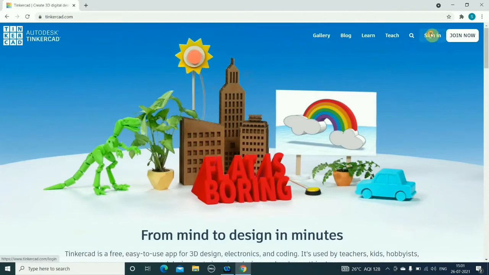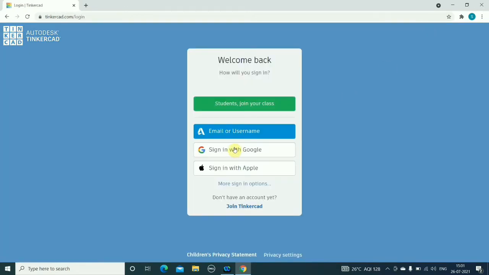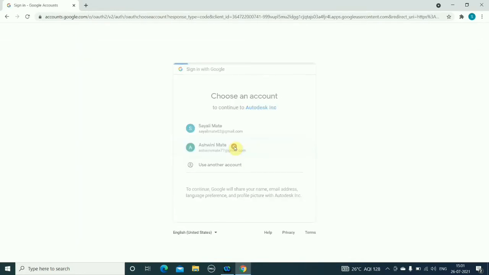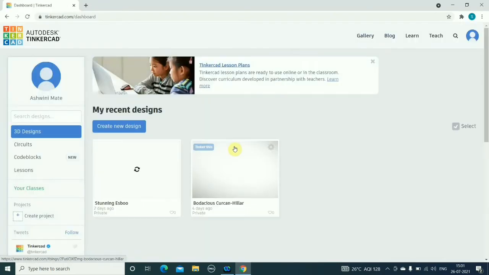You need to sign in, so simply sign in with Google. And that's it. Here is the required page.